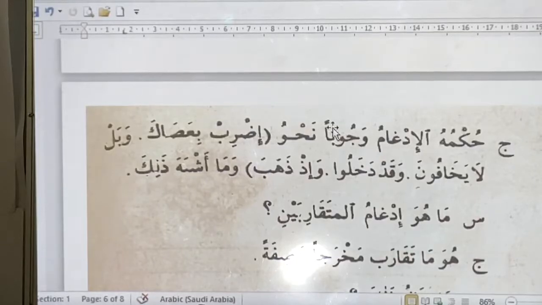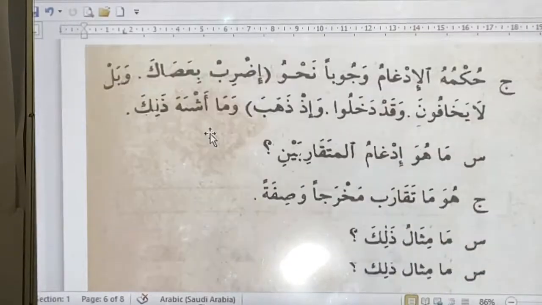And anything that looks like this, anything that has two letters that look alike, one is sakin, the other one is mutaharrika, it automatically becomes idgham. So it's very simple to understand mutamathilain, because mutamathilain means they look alike. So when you come across the letters that look alike like this, that is how you read them.